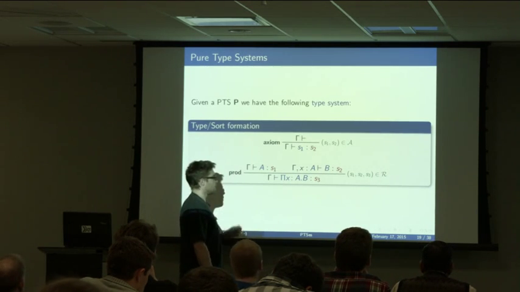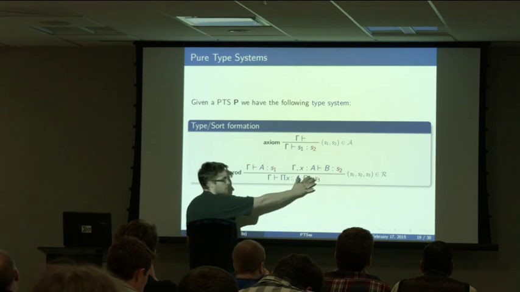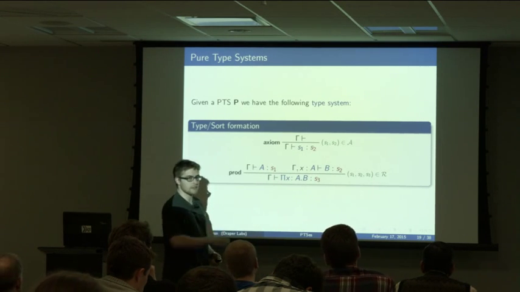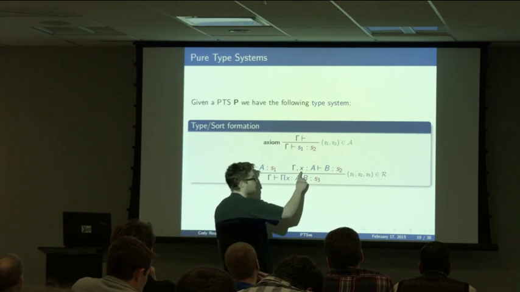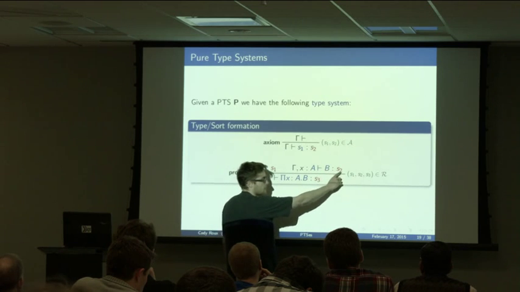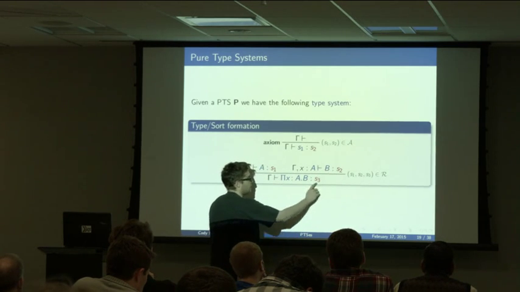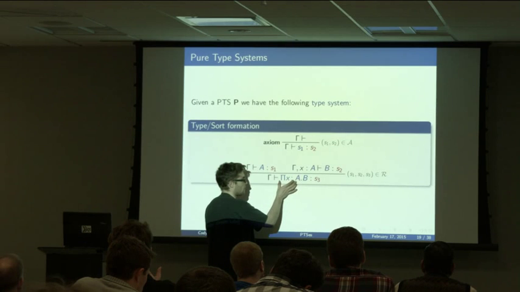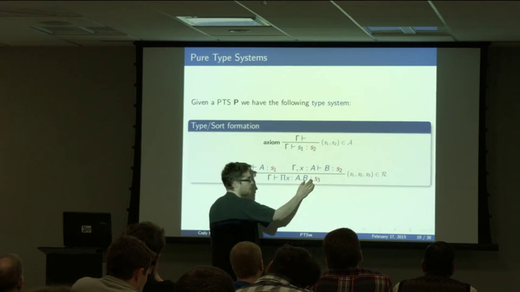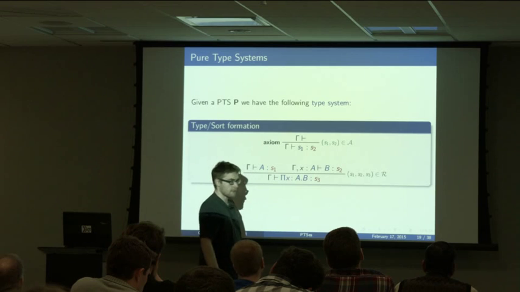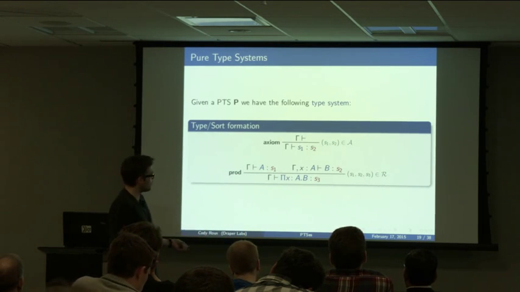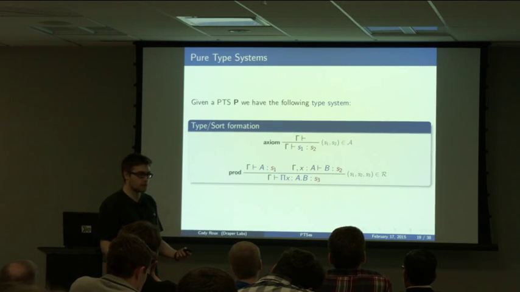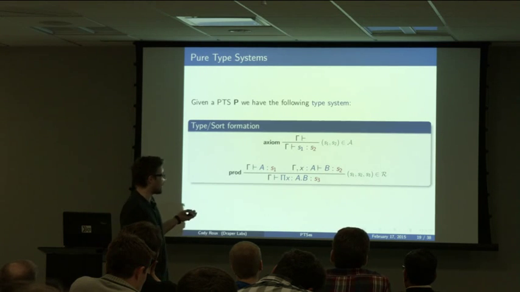The magic happens here, where this is a formal version of what I said on the previous slide, which is if I assume that A is of type S1, and under the assumption that X is of type A, I get that B is of type S2, then this function space that goes sort of from X in A to B of X is of type S3. Again, this is a very general concept. It covers a lot of instances of things we know. So it's normal that it looks a little bit abstract.